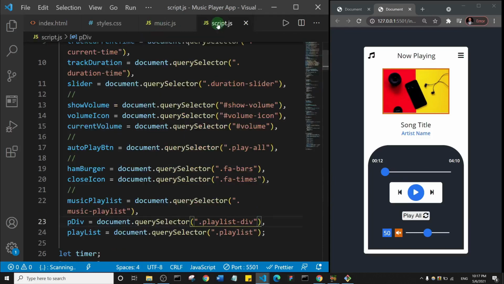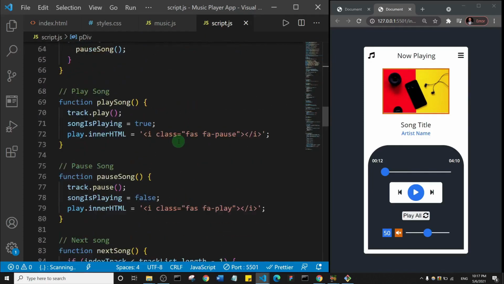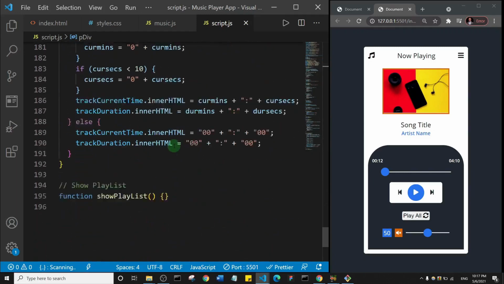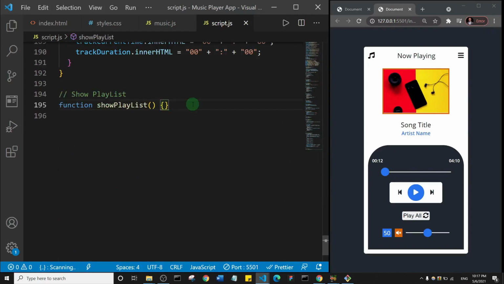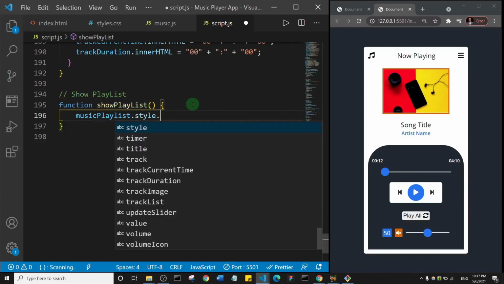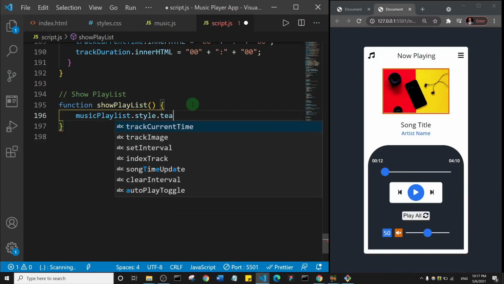Okay, all right, so having looked at the three variables we need: music playlist, pdiv, and playlist, let's go down and continue. Okay, so the first one we want to do is we are creating the function to show the playlist. So basically I'll just say music playlist dot style dot transform